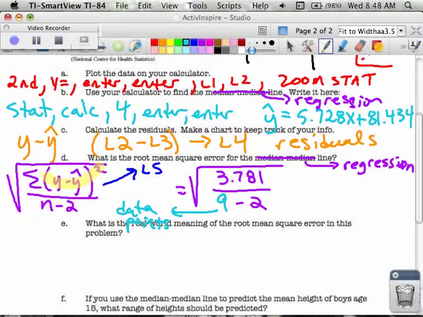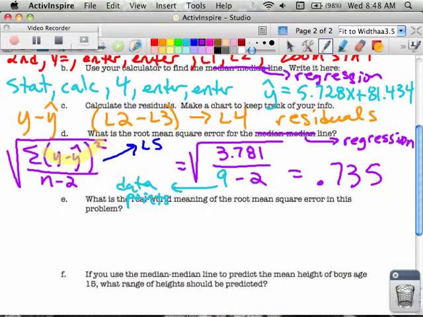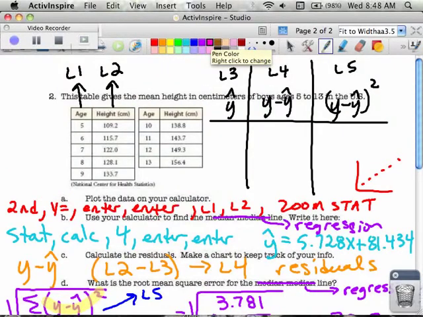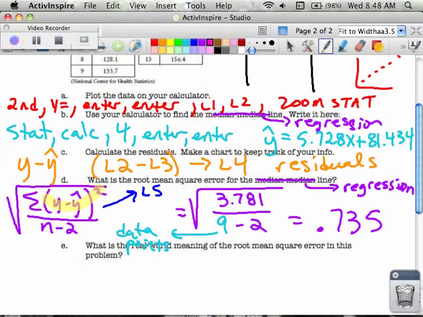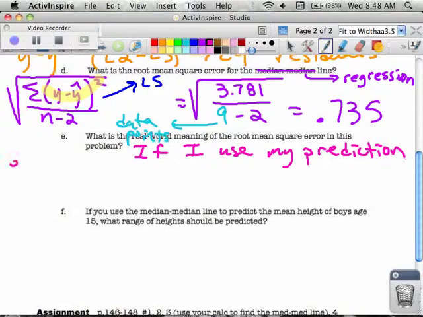So I write that number down, 0.735, and that's my root mean squared error. And what this is saying in the real world, what does this mean? Is if I used my prediction equation for the height of a boy,